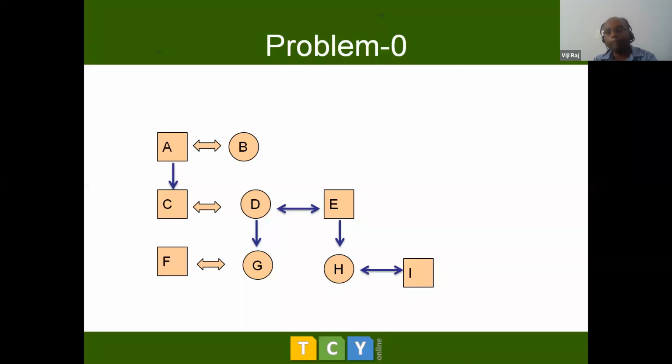When I say how is B related to A, we will say that B is the wife of A. So you have to start a sentence starting from B, right? Who is related to who? So how is B related to A? The sentence would be B is the wife of A, right? When I ask you how is A related to B, you have to write A is the husband of B. Many students make this mistake, right? So be very, very careful.